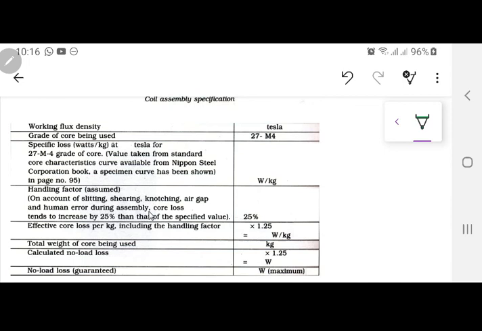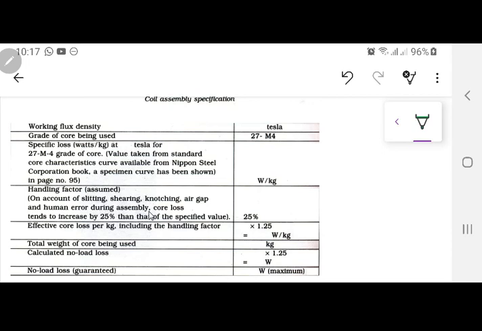ठीक है, हम resistance के अंदर से जो loss हो रहा है in the equivalent circuit of a transformer, we are trying to find out the losses inside that resistance. That resistance was modeled for the hysteresis and eddy current losses. ठीक है, so this table is actually catering for it. What was the working flux density जी, याद है कुछ?